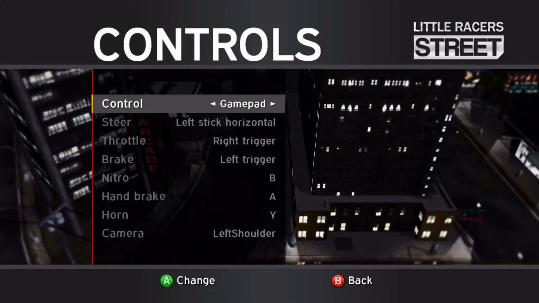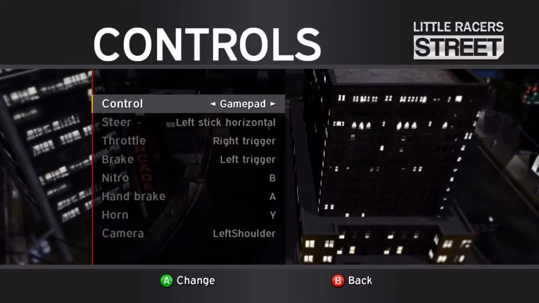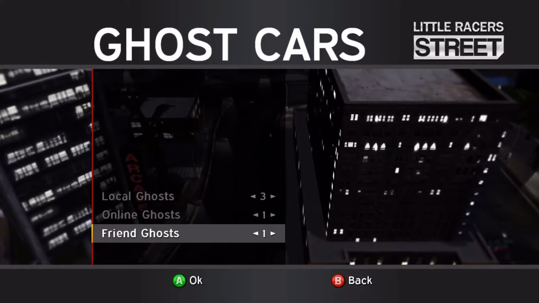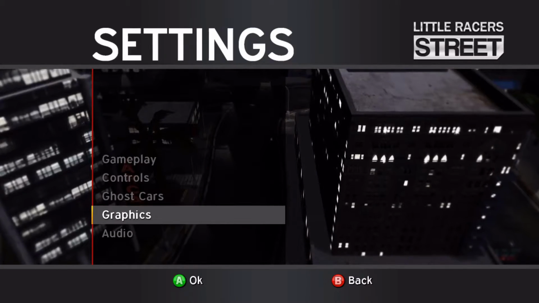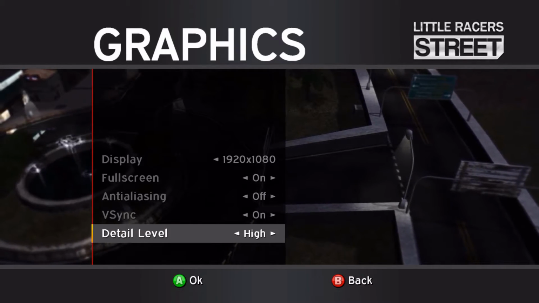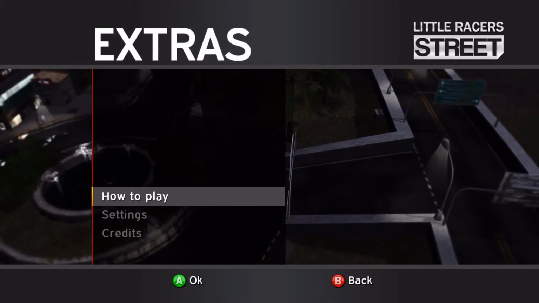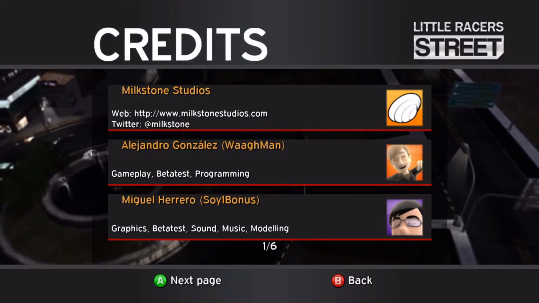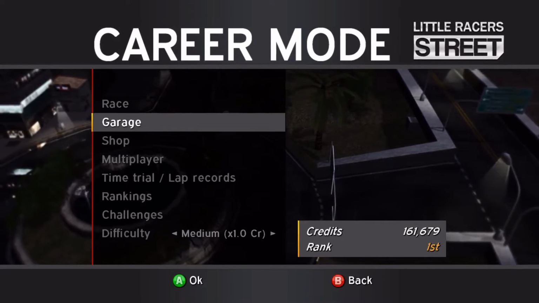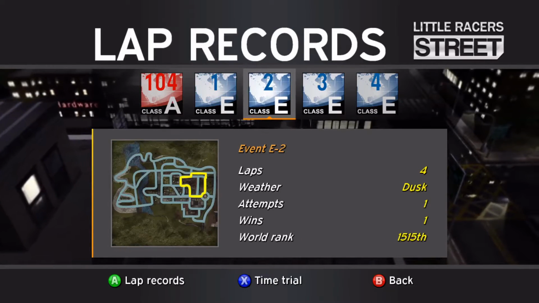Controls. Gamepad. Oh, so you can actually remap the controls. I don't think I changed them, but you can change them there. Ghosts. You can see graphics I got on here. Audio. You can change that there if you really want. Credits. Look at that. So yeah, multiplayer is only online. There's no local multiplayer. If I want to do a time trial,